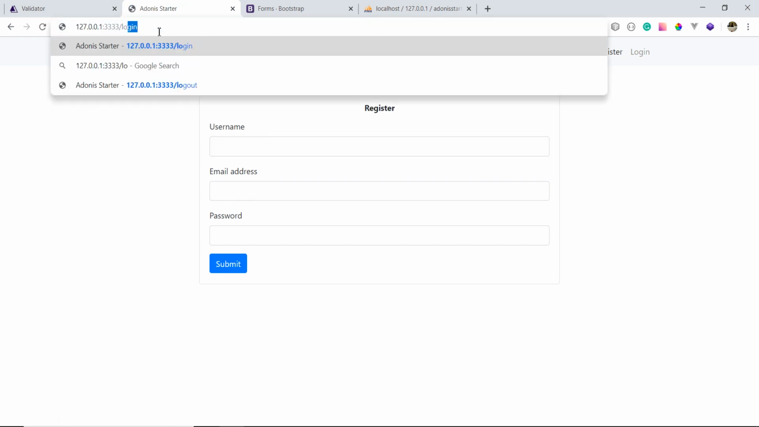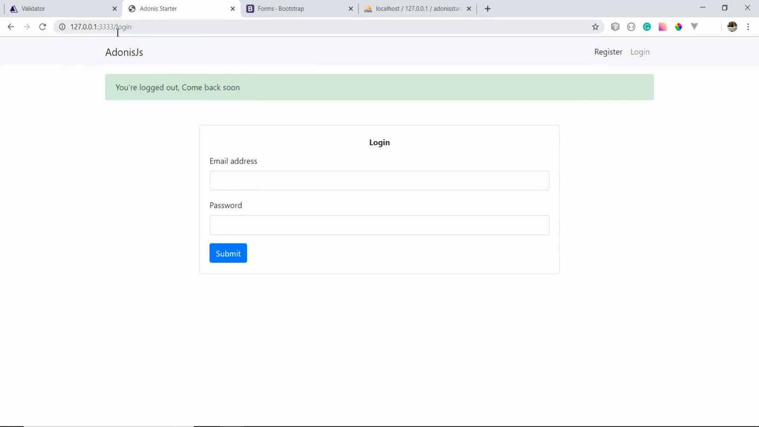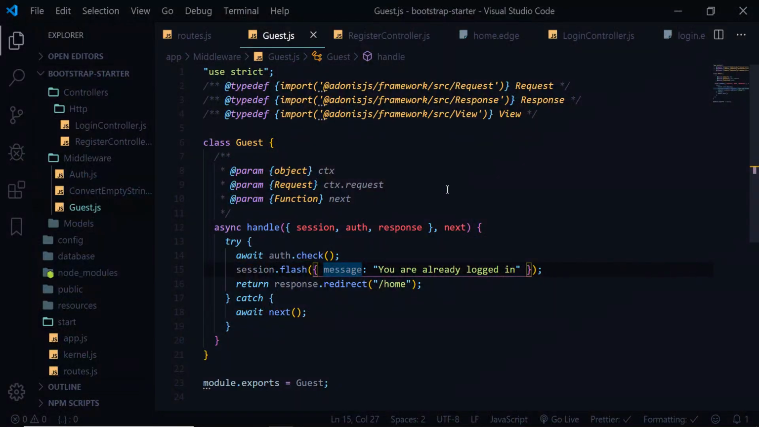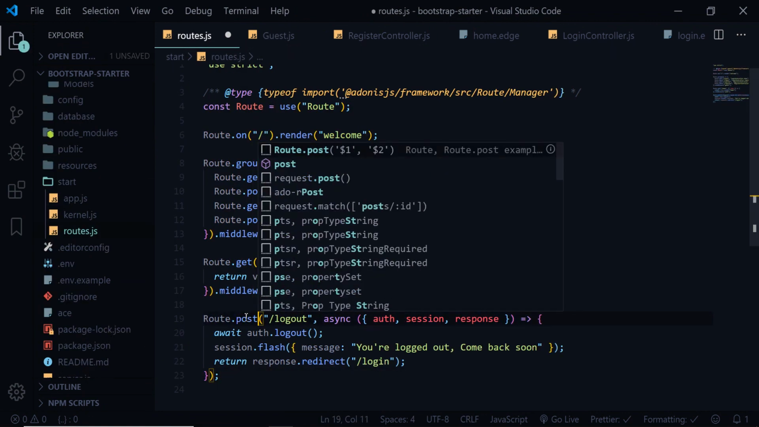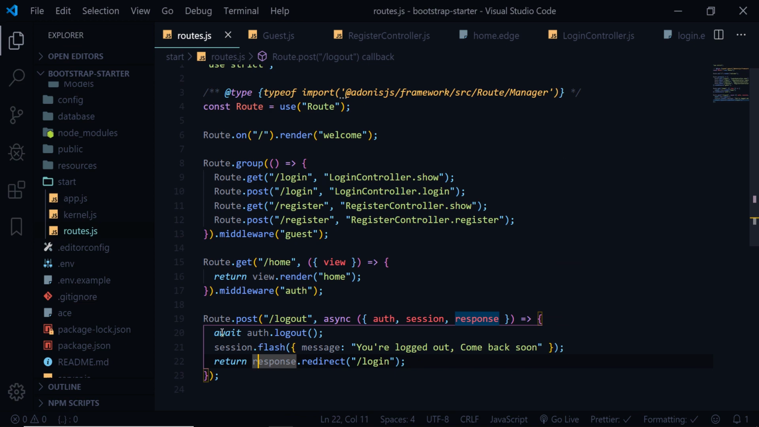Register, out, you say log out. We should not let the user do this, right? So we'll change this to a post request. All right, let's do a post request. All right, so we do the post request. For that what we need to do is